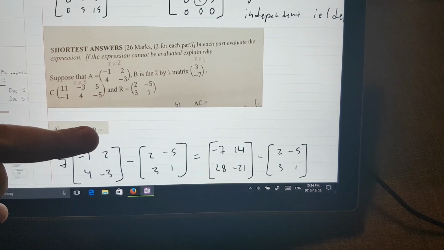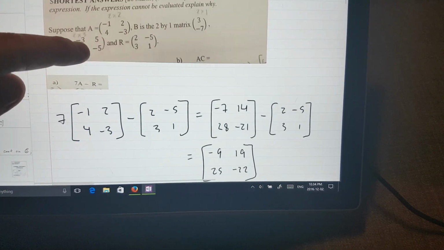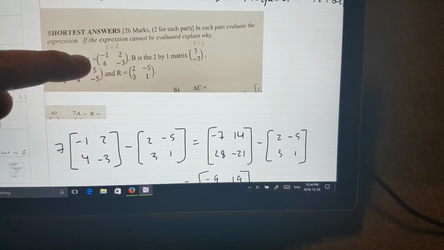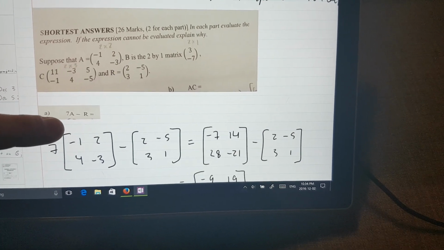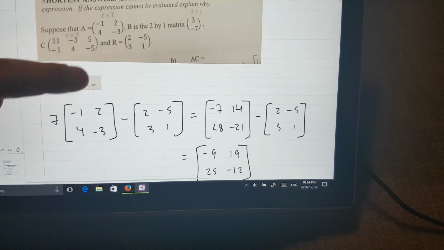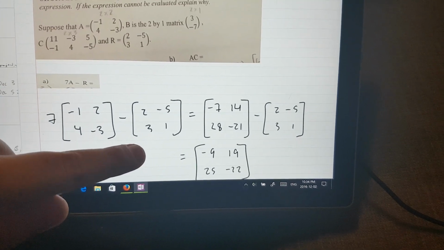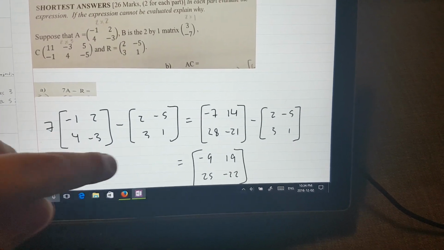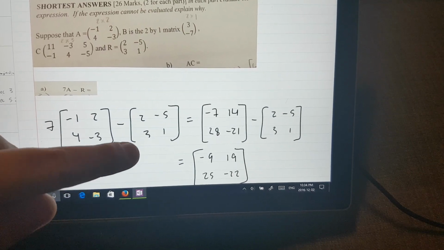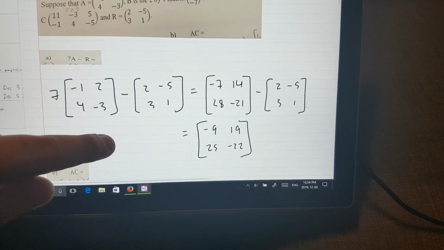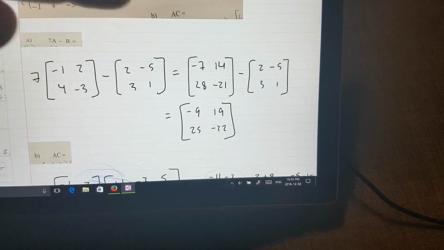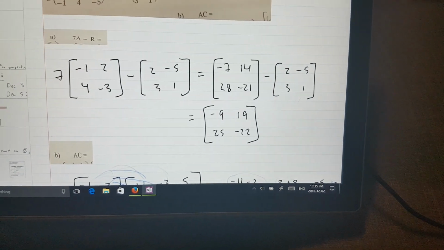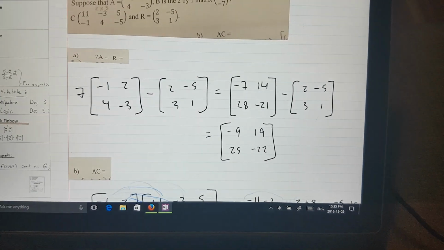This one is going to be just some matrix arithmetic. So we've got A, B, C, and R. 7 times A, so that's a scalar, so you distribute that 7, minus R. Because these are the same size, i.e. they have the same number of rows and columns, you can do addition and subtraction. So you just do each component one at a time. Once you distribute the 7, you're going to have, let's see,